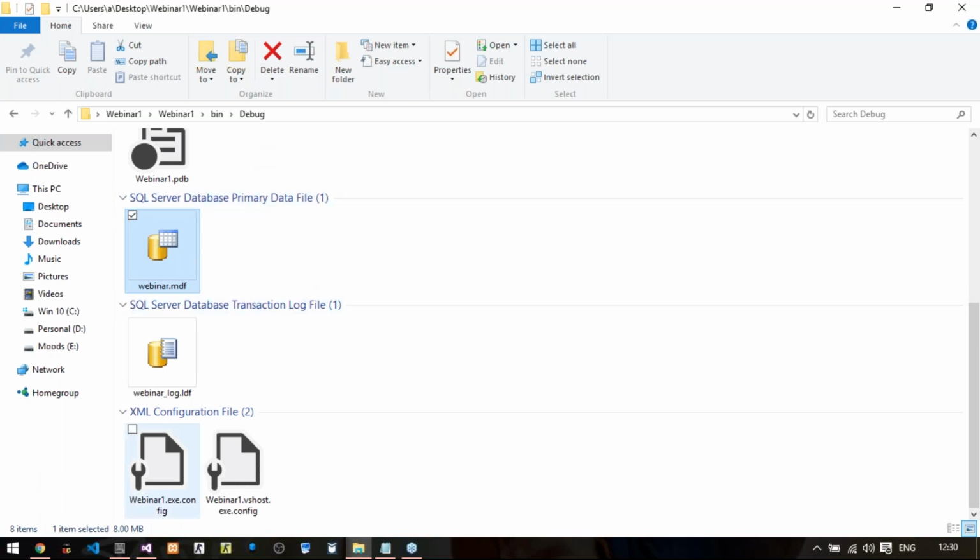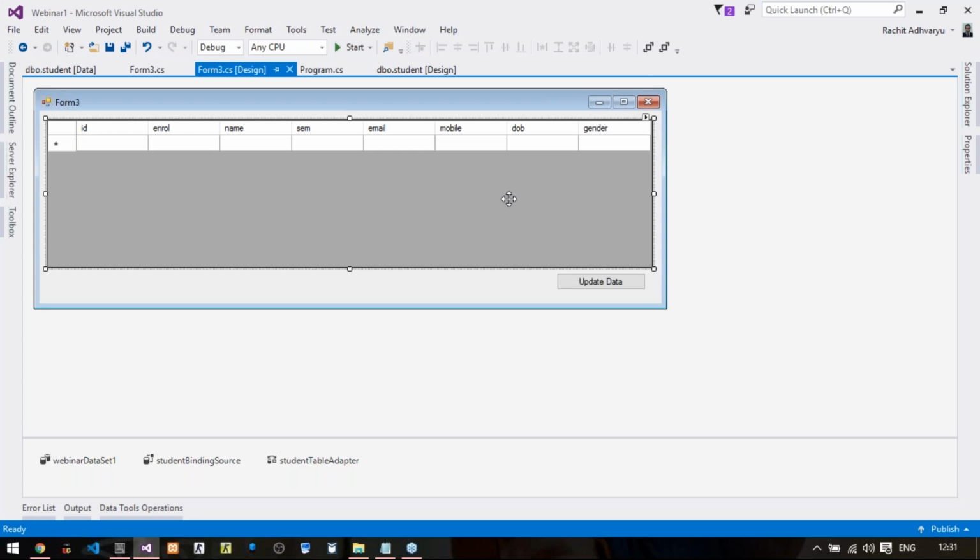So what we need to do is go to Solution Explorer. You can see the app.config file here. Double click on it. So this file contains a dynamic connection string.